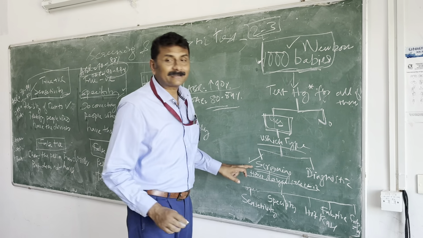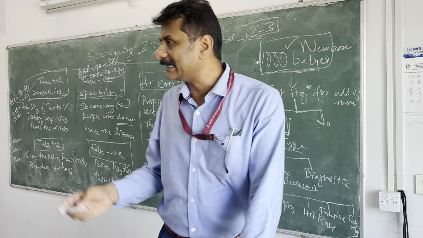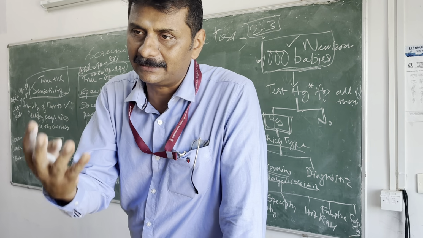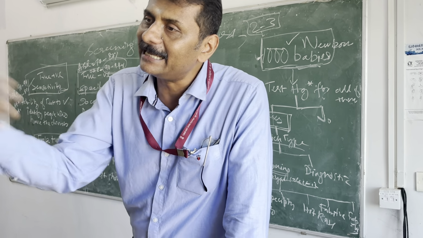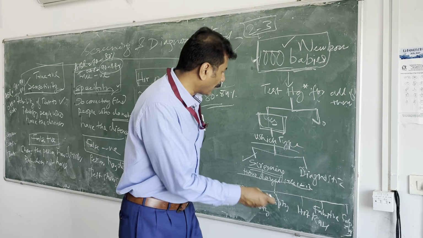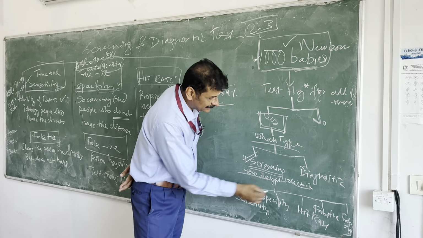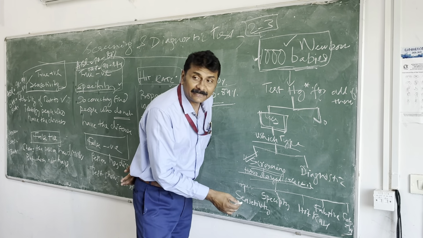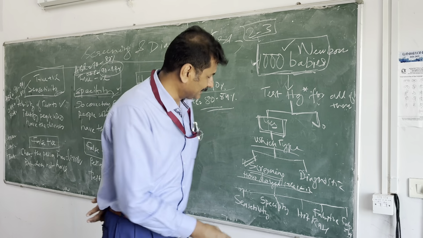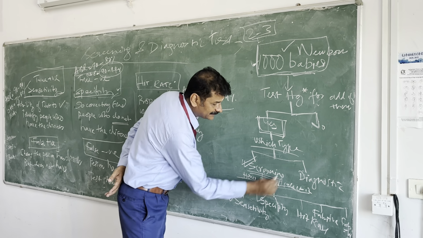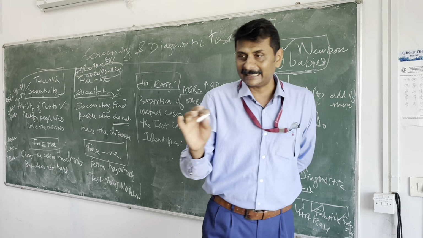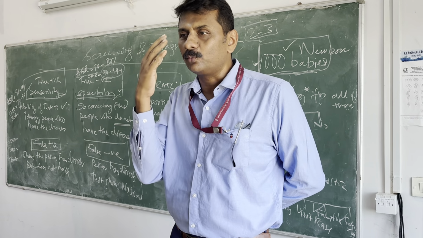Now the question is, what does a screening test do? The screening test segregates a group of people who are likely to have a particular condition, hearing loss here, from a group which are not likely to have that condition. So while selecting a particular screening test, we have to identify a few factors, which are sensitivity of the test, specificity of the test, hit rate of the test, false positive and false negative. Why do we need to worry about these things?